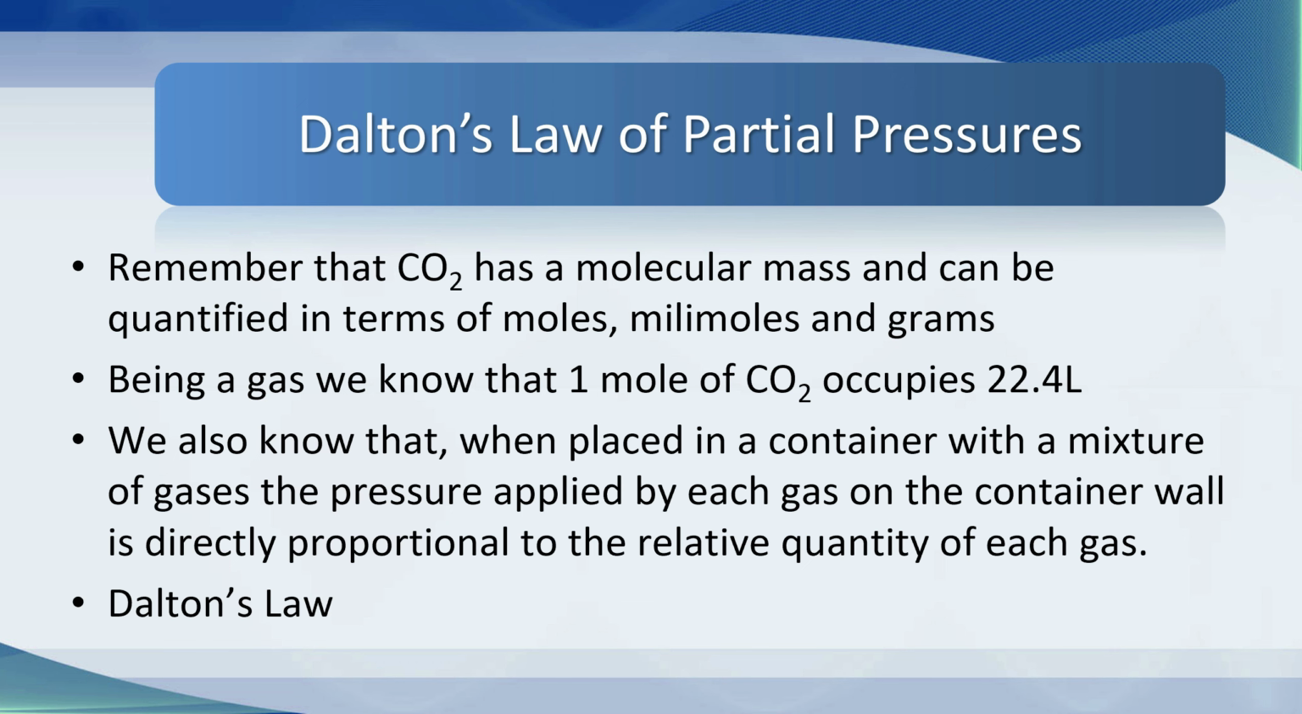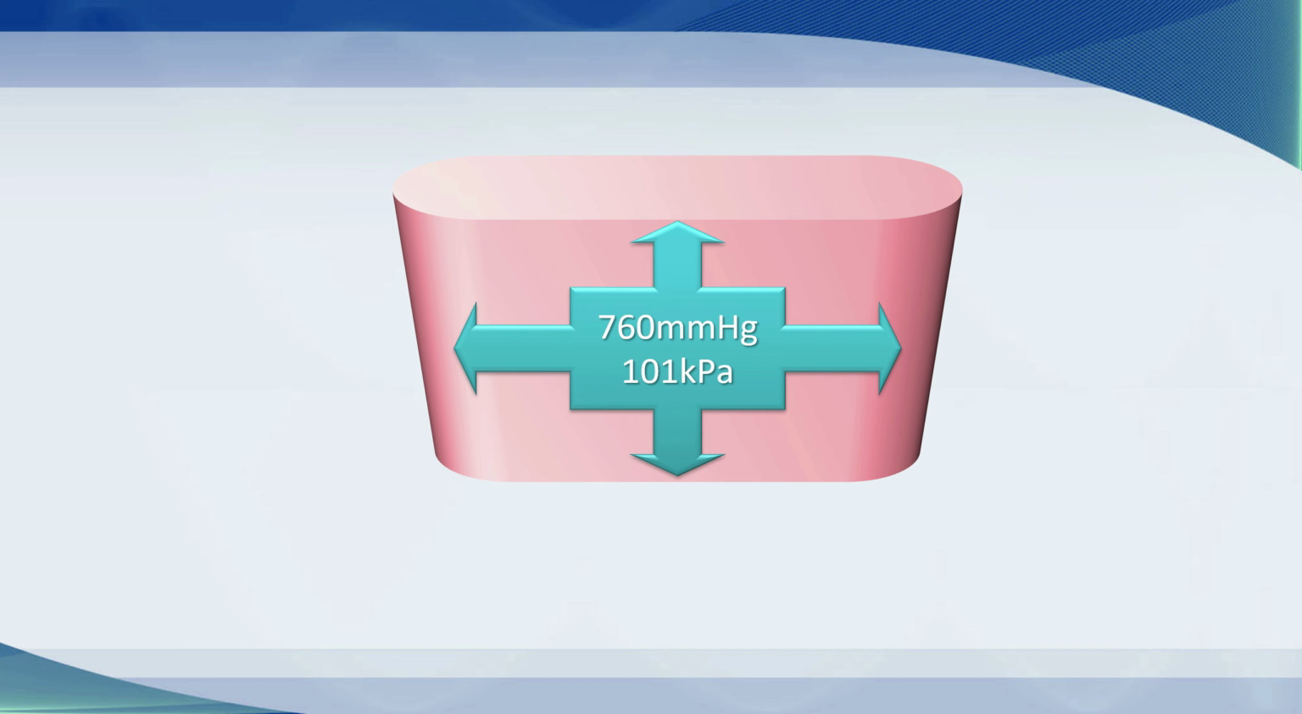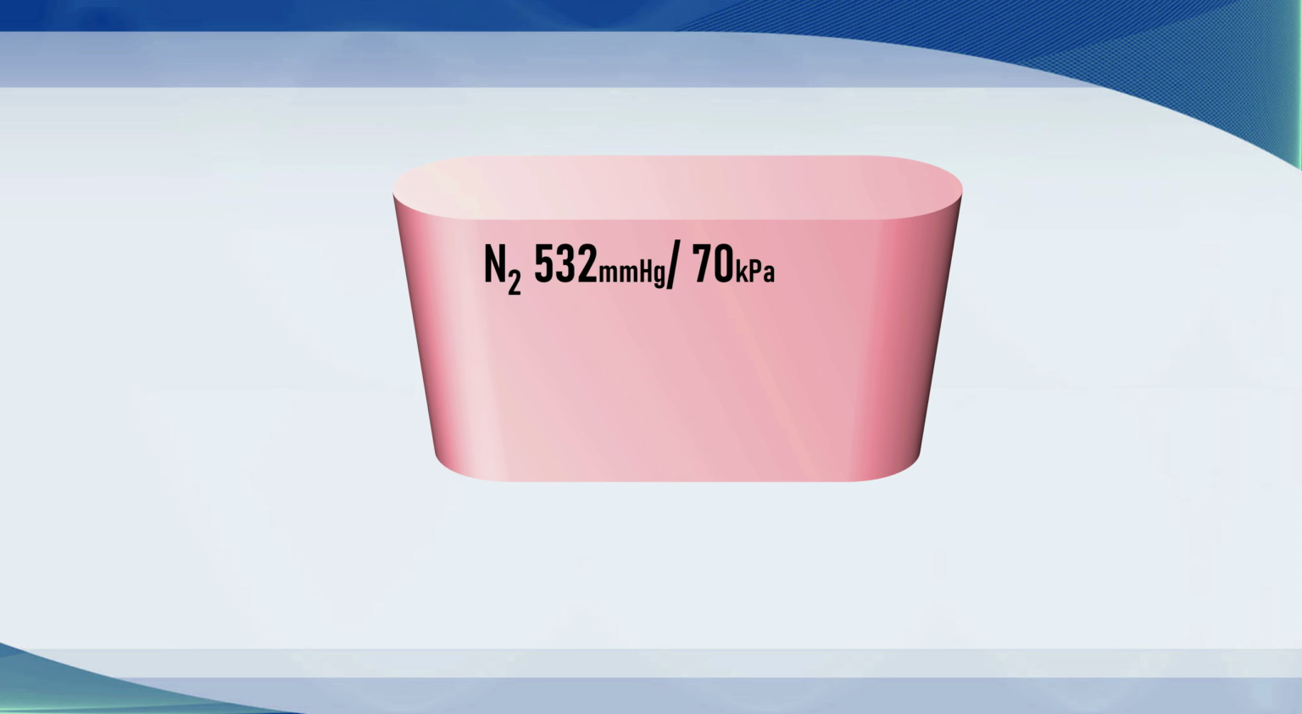So let's just make up a container here, and we put some gases in. And imagine that this container has a pressure in it of 1 atmosphere, or 760 millimeters of mercury, or 101 kilopascals. And we're going to put in 70% of that gas that's in there will be nitrogen. So let's put in nitrogen in there. And because 70% of 760 is 532 millimeters of mercury, or 70 kilopascals, that is the impact of nitrogen inside this container. Now we're going to put in 19% oxygen, and that works out at 144 millimeters of mercury, or